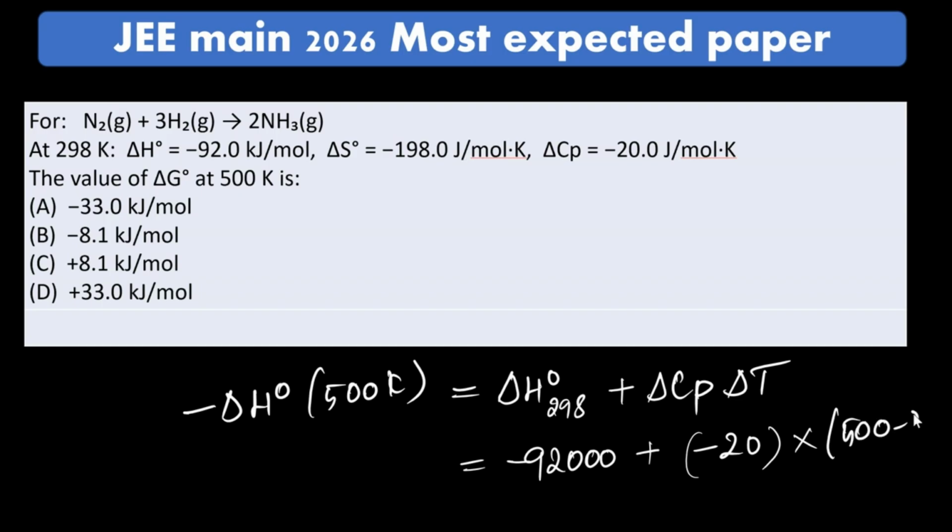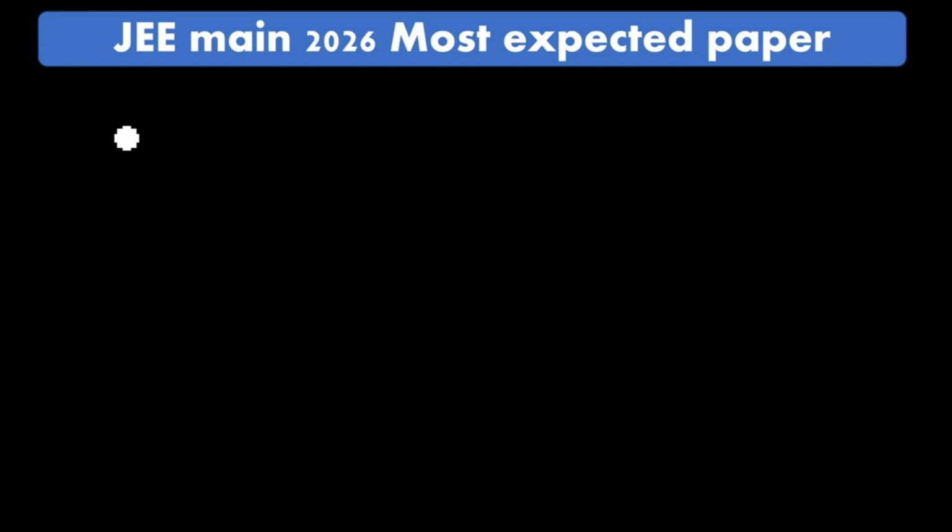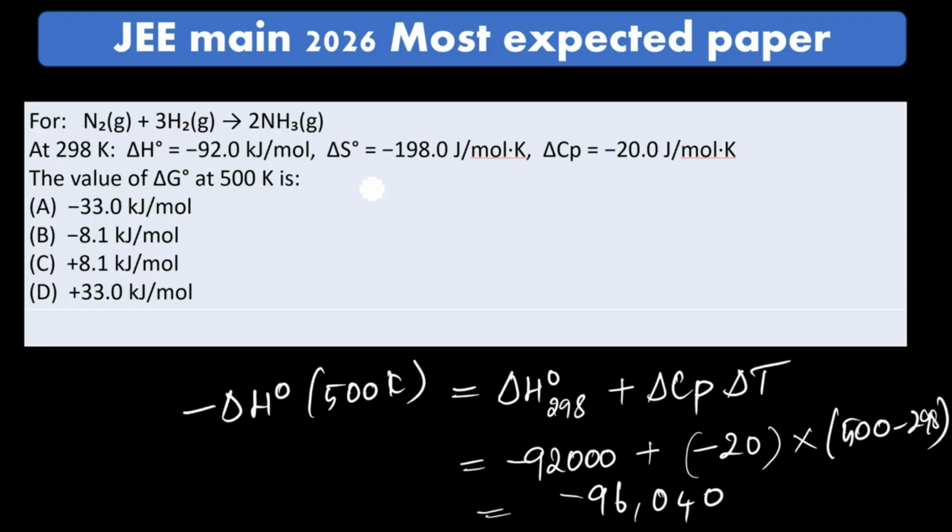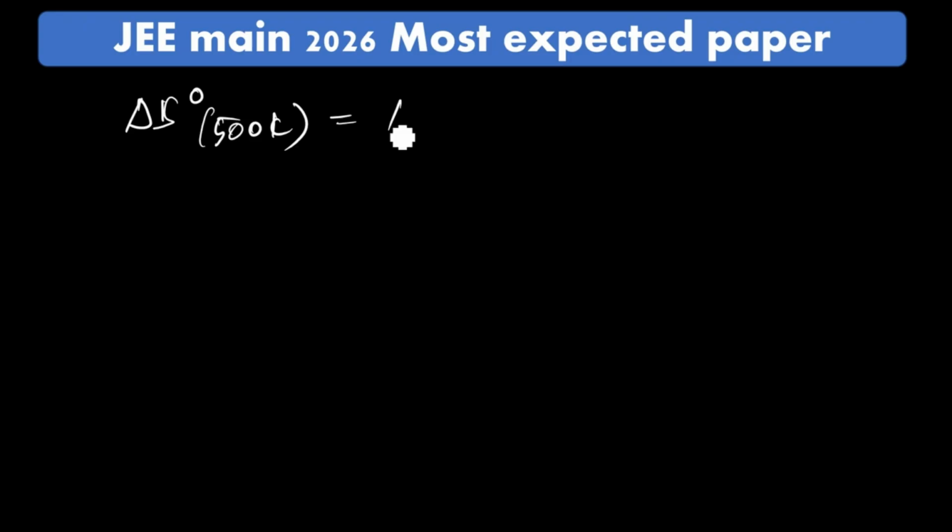Just substitute the values, which will end up with minus 96,040. This is delta H naught at 500 degrees Celsius. Now we are going to find the delta S value, delta S naught at 500 Kelvin. Again, we have to substitute the delta S naught at 298